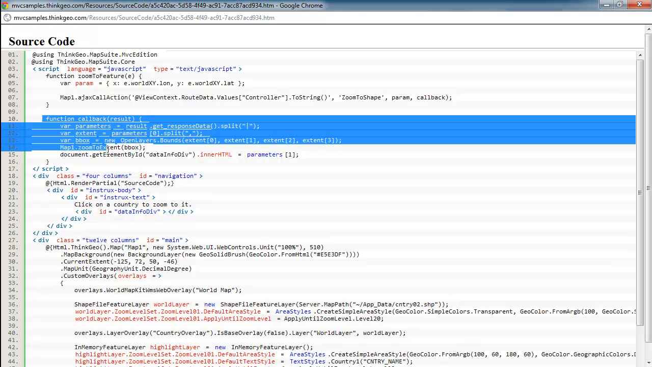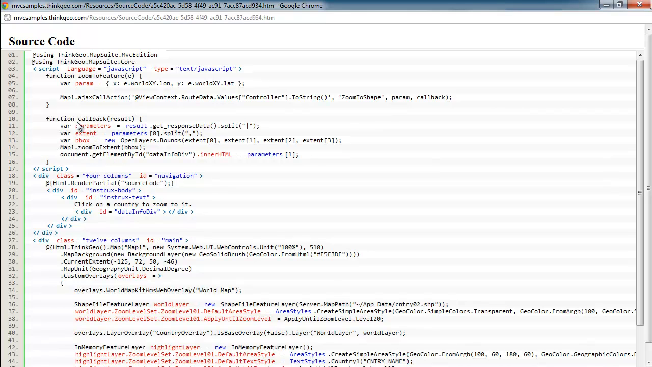And in this case the callback function is right here, and we just get the parameters passed back from the server, the extent, which is where we want to zoom to, and we build a bounding box of that extent, and then we call the Maps JavaScript API to zoom to that extent. So that's all done client side, so it doesn't look like there's any postbacks, and it's very seamless and quick